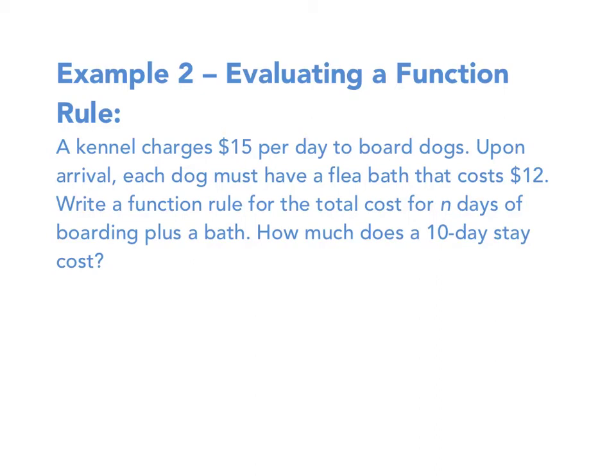So we need to write a rule for the total cost for n days of boarding plus a bath. So cost is going to equal C. And n, as they give us, is going to equal the days. Whenever they say total, like last example total temperature, total cost now we're working with, it's going to be our y value, our dependent variable, what's being measured. So it's going to be by itself on the other side of the equal sign. So C is equal